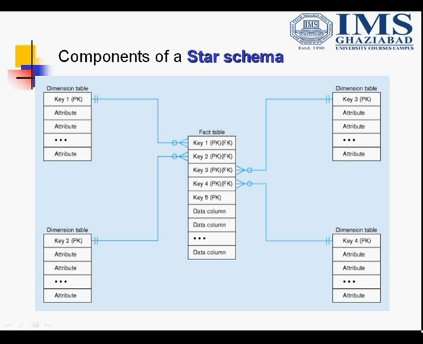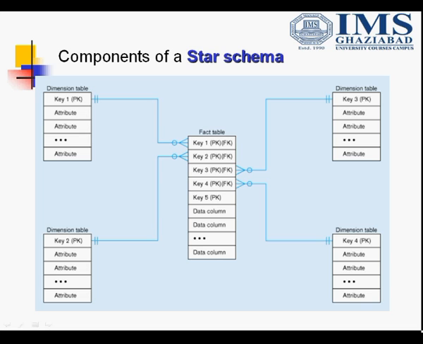First one is the star schema. Generally, we can say that a star is a combination of one fact table and more than one dimension table. The fact table is centrally located, and all the dimension tables are attached to the fact table. The fact table contains primary keys of different dimensions and some key attributes, and all the dimension tables are connected with the fact table through the foreign key concept. Here the fact table is centrally located and all the dimension tables surround it, which creates the structure of a star. That's why it is known as the star schema.